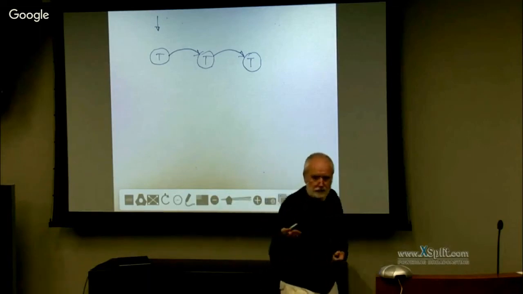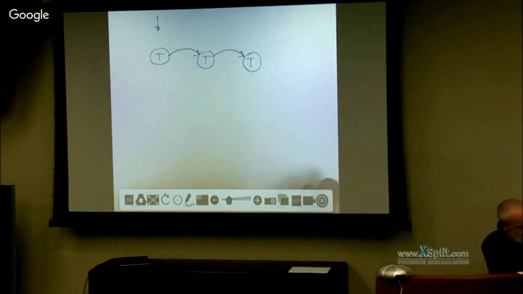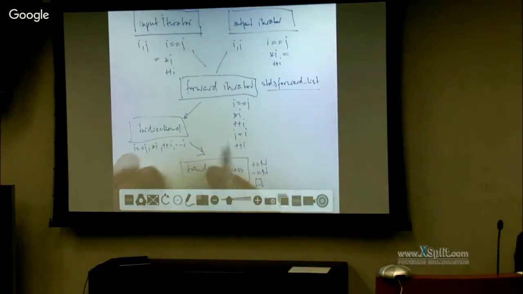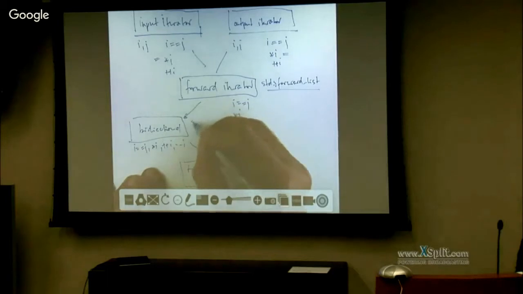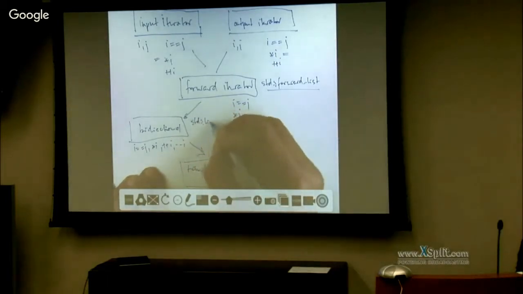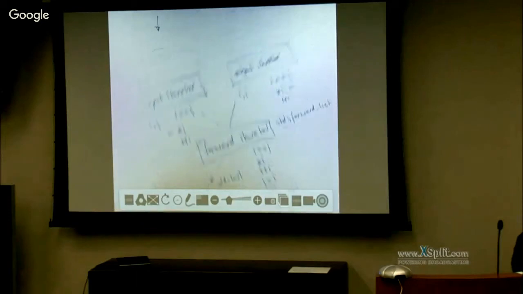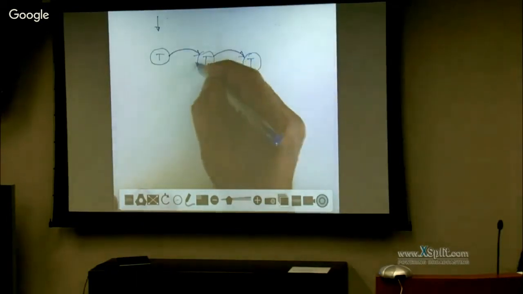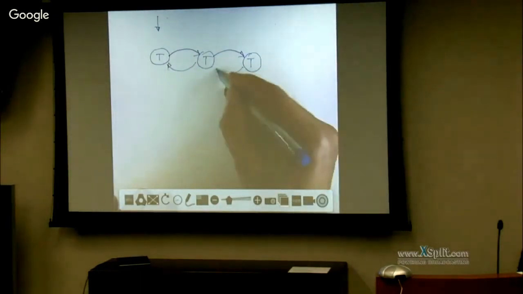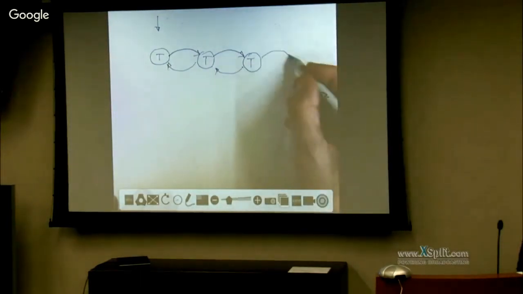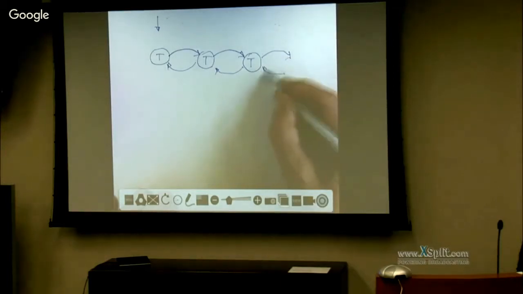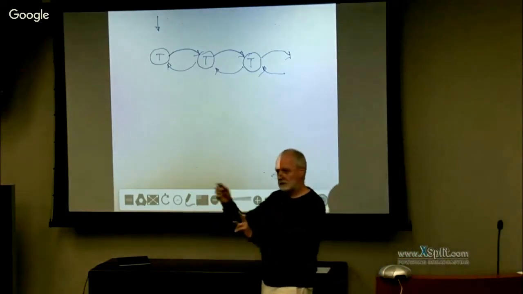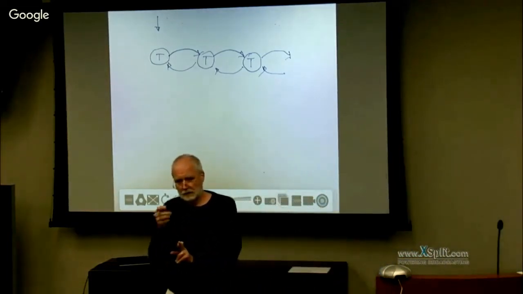Okay, a bidirectional list. You might already have guessed it. What bidirectional containers do we have? We have a container which is called standard list, which should have been called bidirectional list. And the difference to a forward list is that each node stores not only the pointer to the next one, but also the pointer to the previous node in memory, which allows you to go back and forth through the list when you have an iterator to an arbitrary element. Okay?